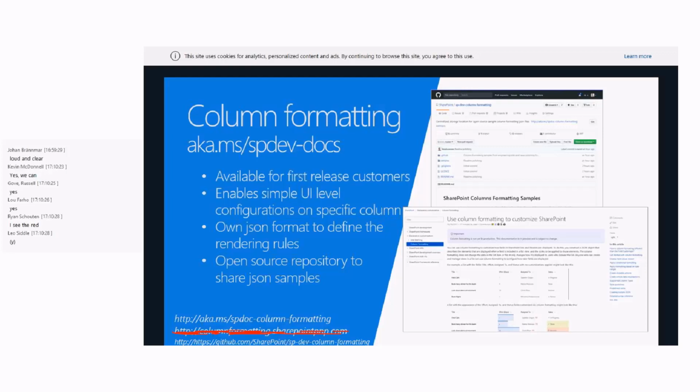Now, the second URL is actually gone, and that was originally one of our ideas to have a disconnected, offline tool, but we got rid of it. So the documentation is on docs.microsoft.com, and then we do have a GitHub repository for these community contributions, and that seems to be quite active, so people are contributing and adding examples over there.